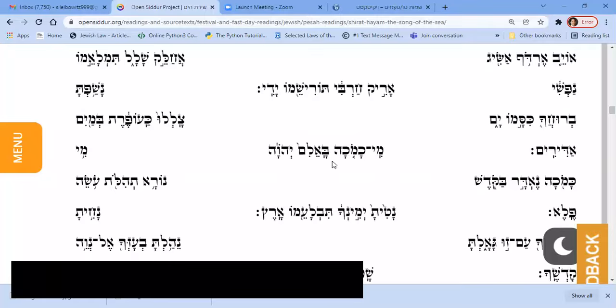Oh, now we have a verse with God's name, so the second half will be chanted with a special melody. Mi chamocha ba'elim Adonai,